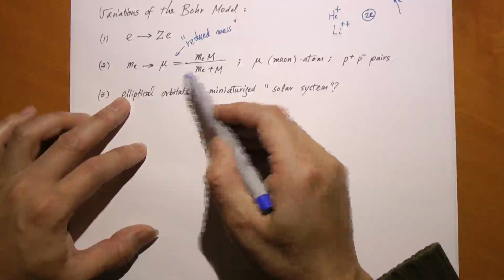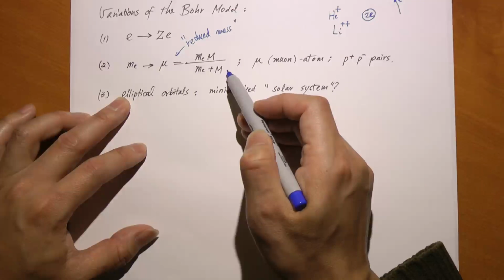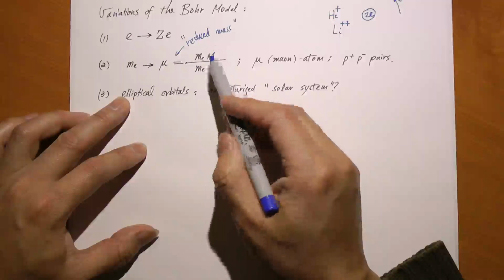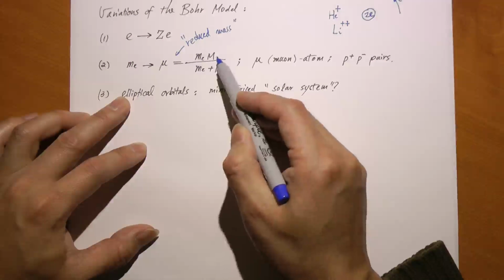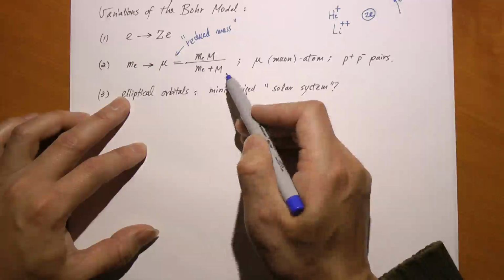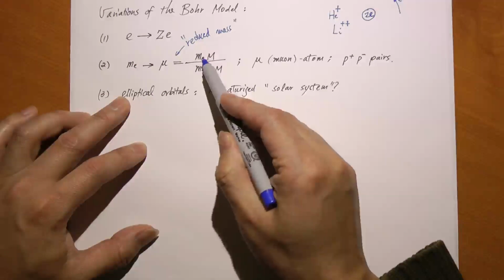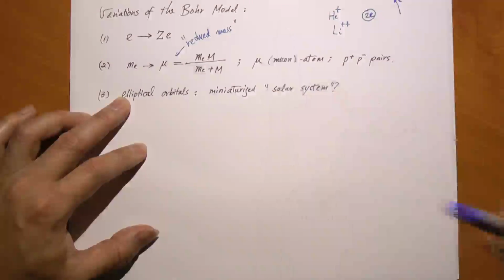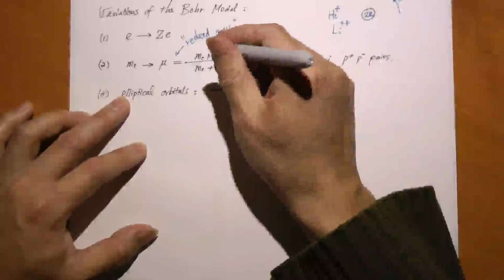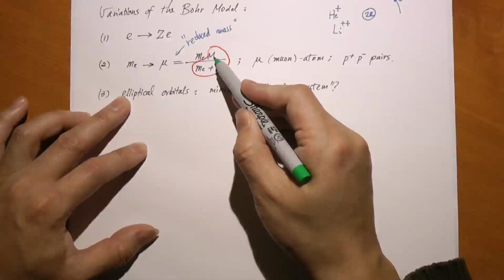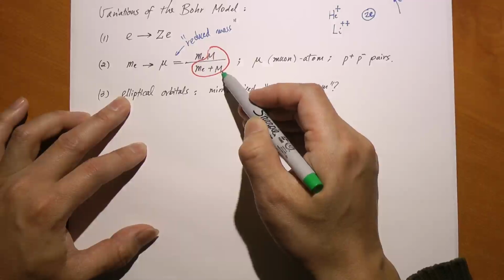The reduced mass of a two-body system, which is suitable in describing the relative motion between these two bodies, is the mass of the first particle times the mass of the second particle divided by the sum of these two masses. And this is less than the mass of the smaller one, right? Because it's the mass of the smaller one times this ratio. Look at this ratio here. This ratio is less than 1. But if the mass of a proton is far greater than the mass of the electron, which is true, by the way,